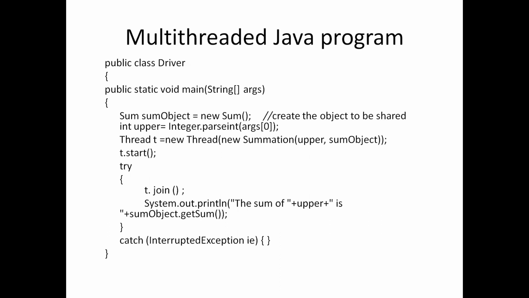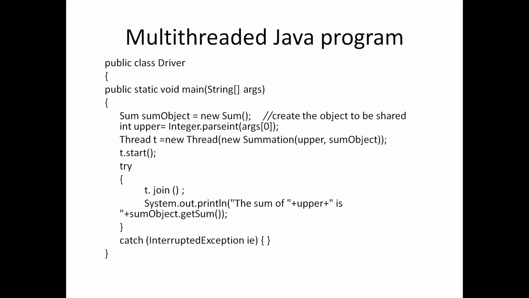Here we are executing the program by using the command prompt, so we will pass the input from the command prompt. The value we pass here is 3. This args of 0 consists of the value 3. By default in Java, args are of type string. We can see here args is a string array. So whatever we pass will be stored as a string in Java. Here it takes 3 as a string.